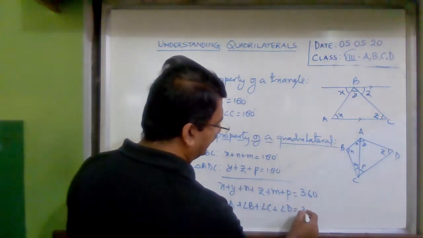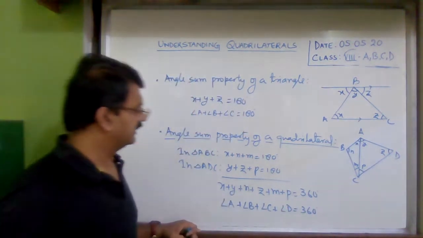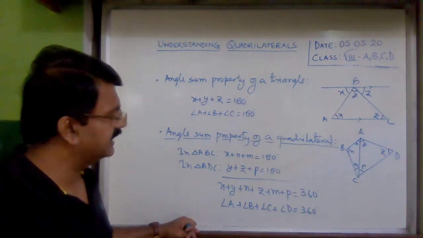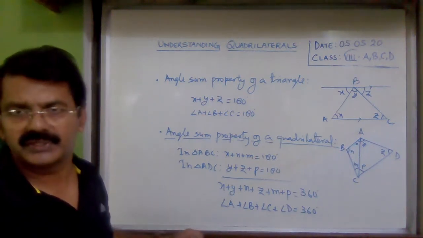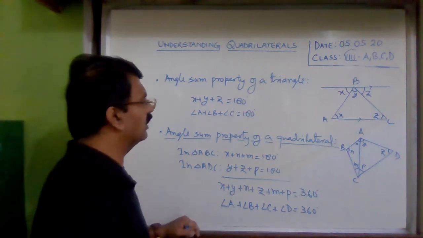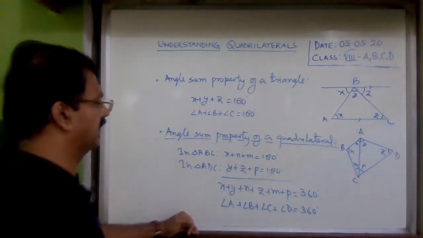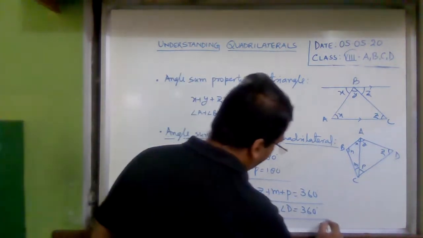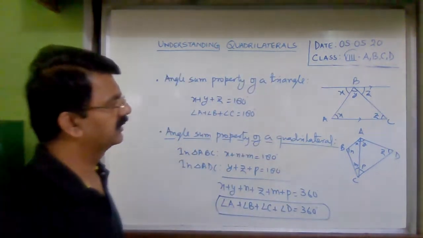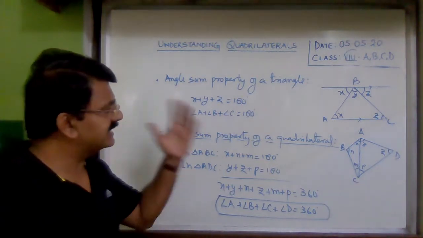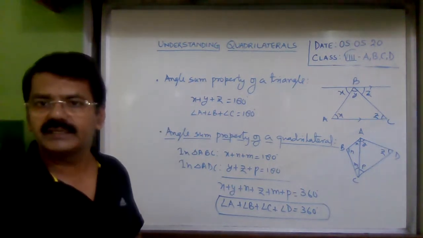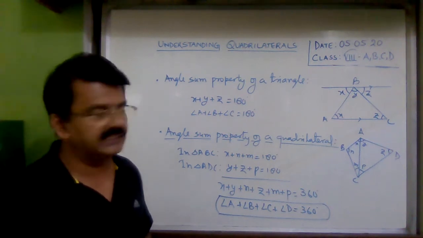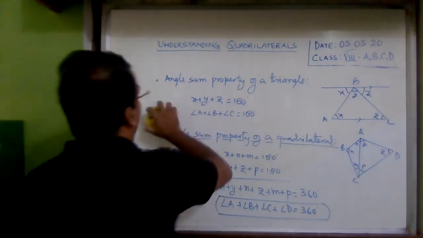Now you can see we have found that the sum of four angles of a quadrilateral, A plus B plus C plus D, is equal to 360. Clear? That is called the angle sum property of a quadrilateral. Sum of all the four angles of a quadrilateral is always 360. Clear? Now in the same way, we can find the sum of all the interior angles of a polygon of n sides, and the formula for that is